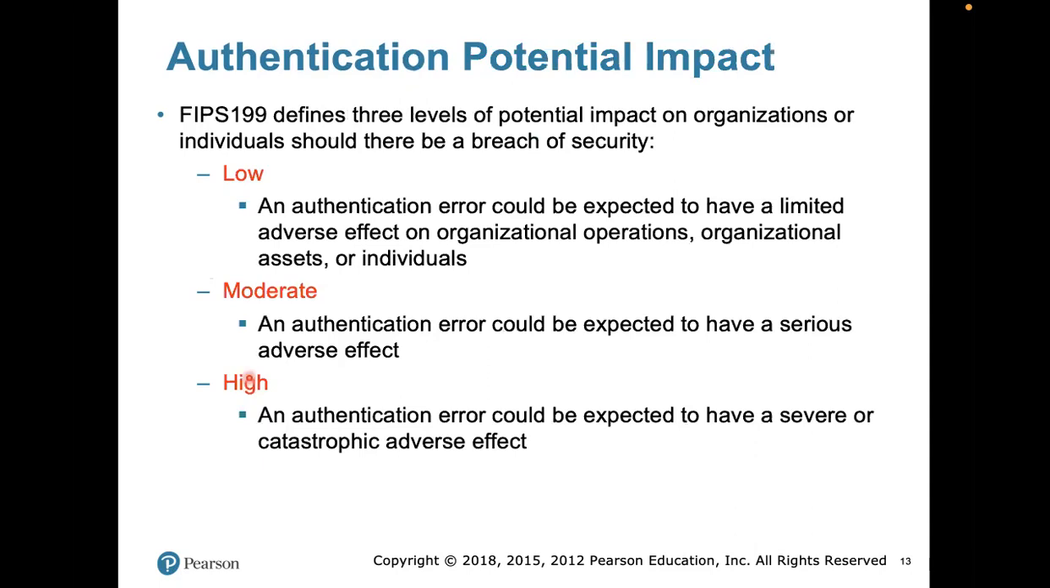And these 4 different levels come with 3 different levels of potential impact. Based on FIPS 199, there are 3 levels of potential impact once an organization's authentication goes wrong. You have an authentication system, individuals are supposed to be authenticated, and your system fails in that authentication. There might be 3 levels of potential impact. Low